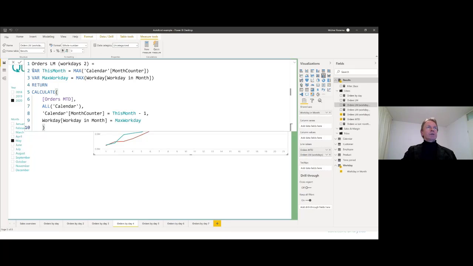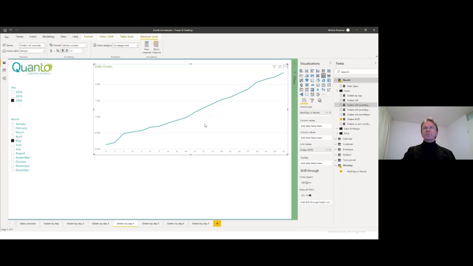And what I change here is simply I calculate that variable max workday by taking the value from the new workday table instead of the calendar table. And at the same time, in our calculate statement, we now have a filter argument saying the workday in the workday table should be that number and not only in our calendar table. So this is typically how you would do that. Okay, so I remove this one and